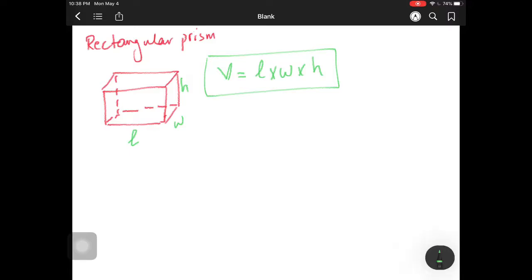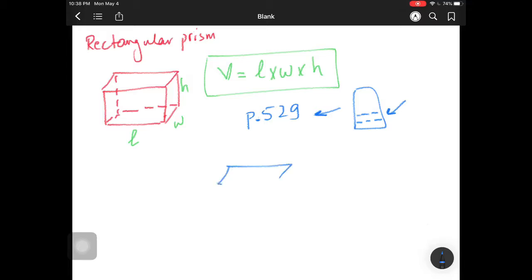And anyway, if you check your book, page 529, turn your book to page 529, you will see that in this page, which is given to you in the test, you have several formulas at the bottom of the page that are given to you. So the things that are written here, you don't need to memorize them because these are given to you in the test. So in a rectangular prism,